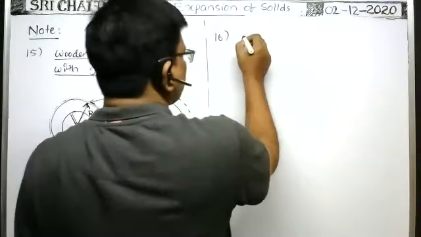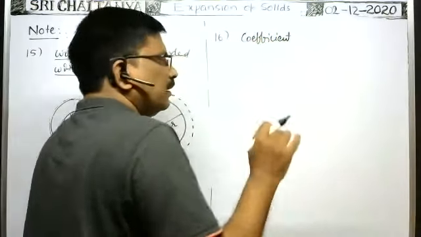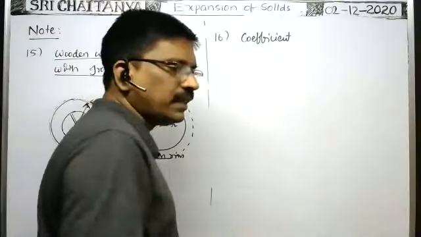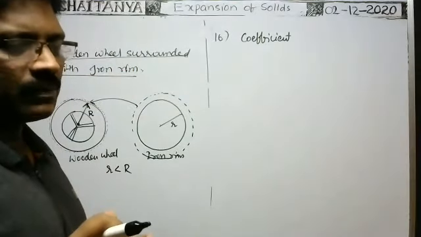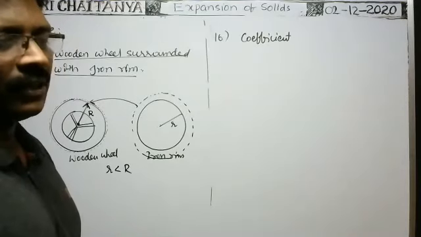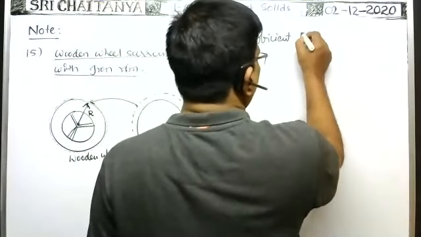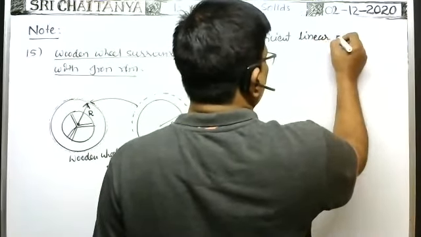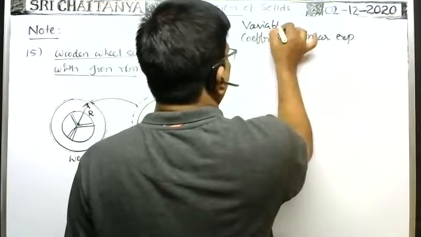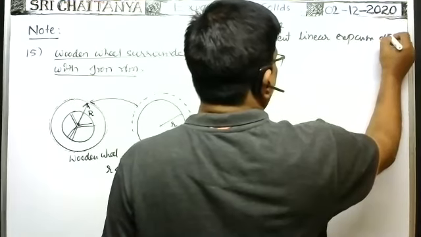Suppose the coefficient of linear expansion of the material is not constant. It varies with temperature. In such cases, that means a variable coefficient of linear expansion is there. If the coefficient of linear expansion depends on the temperature of the body, how can we find the linear increase in length of the rod upon heating, or the final length of the rod? So, variable coefficient of linear expansion, alpha dash.